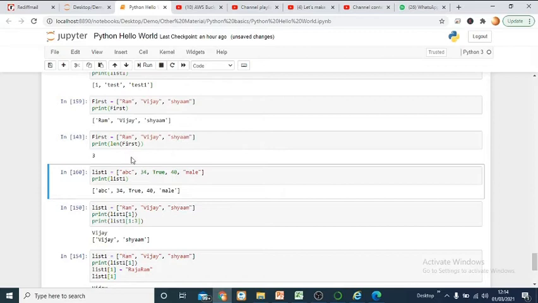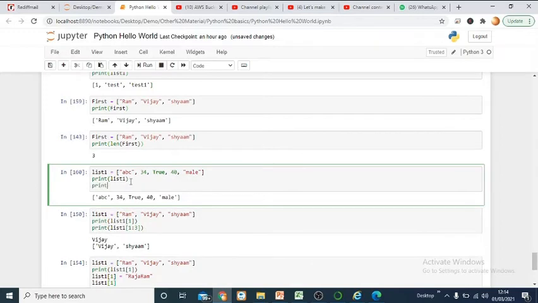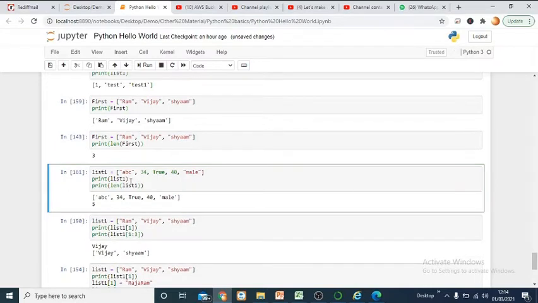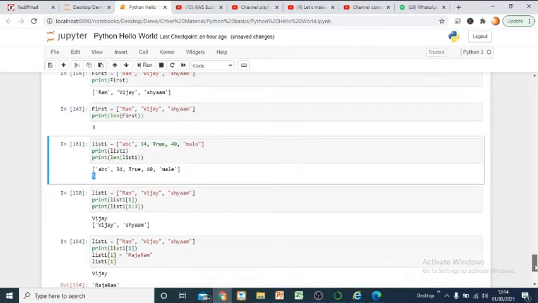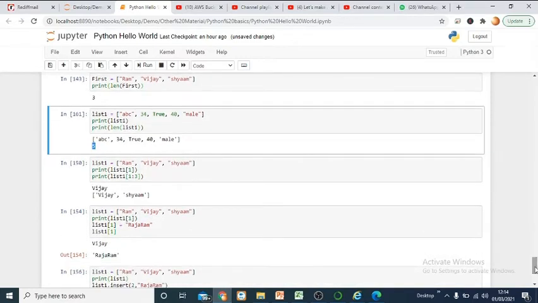Now if you have a list and you want to know how many items are available in it, there is a straightforward function by which you can count the number of items present in the list, and the function name is len. Len means length. If you mention the name of the list inside the len function, you can see that there are 5 items in the list: 1, 2, 3, 4 and 5. That is easily shown if you use the len function.